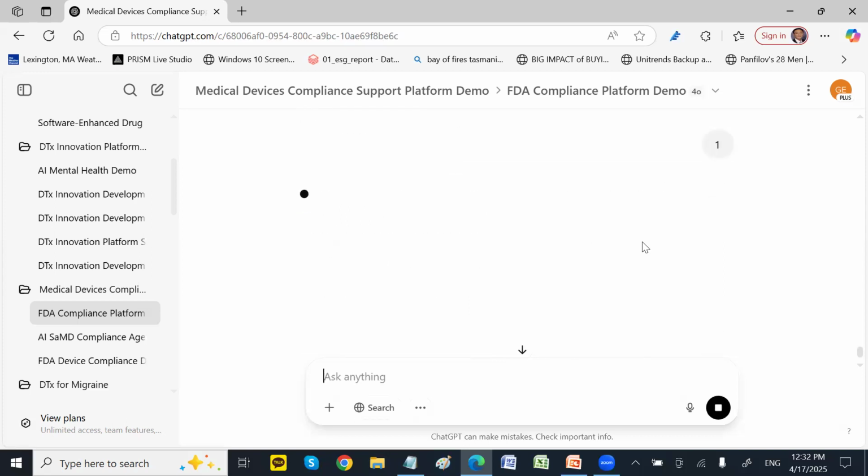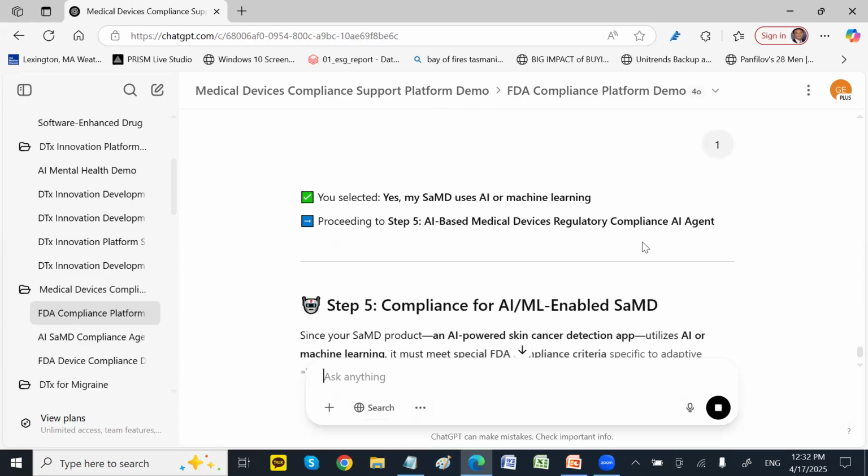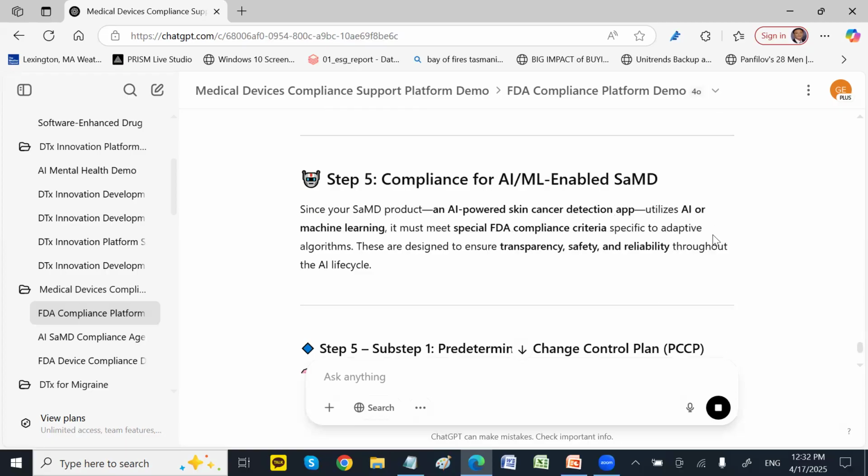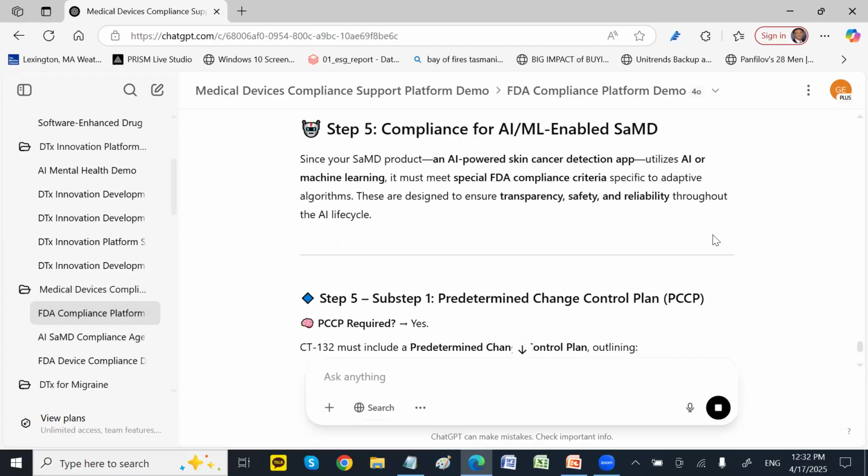So if you have an ML device, you know that there is an FDA framework for AI/ML devices, especially recently for Gen AI type medical devices, where they have now established their framework. One of the beauties of the AI agent is that it automatically searches and updates the current state of the legal status, right? And then they understand and try to apply the most current, up-to-date legal compliance to what you need, right?